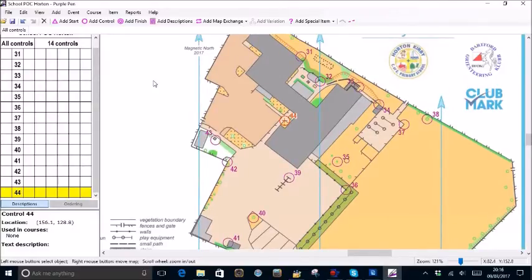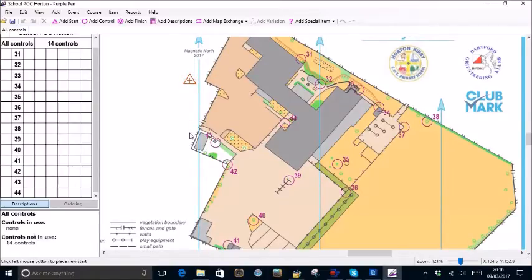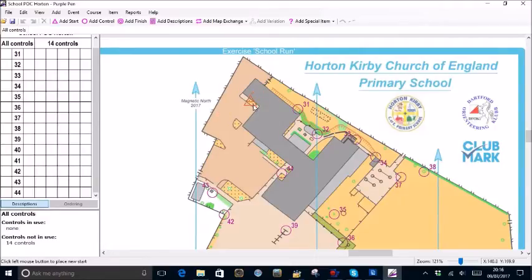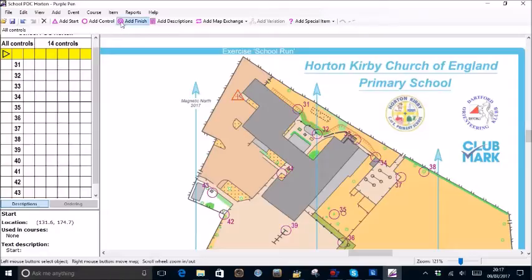Now you need a start and finish for your courses. So here's the start. I'm just going to drag the map down a little. And I'm going to put the start on that corner there. I'm going to add a finish. I'm going to put the finish just on the end of that vegetation boundary there. Now,